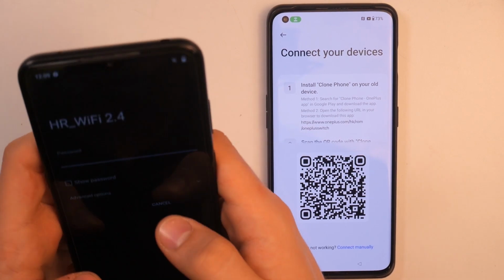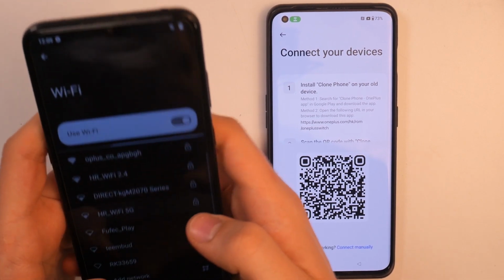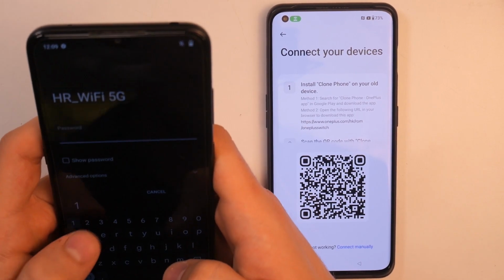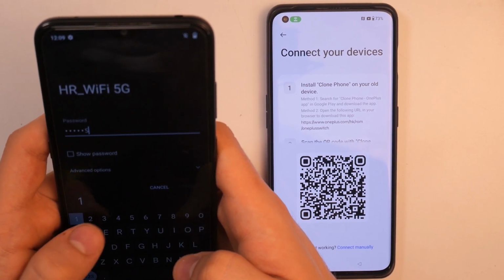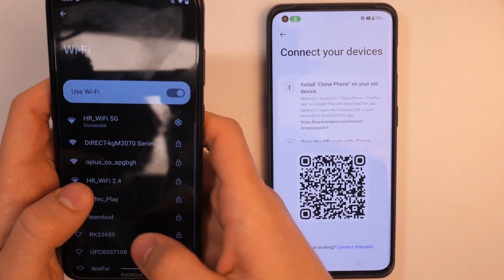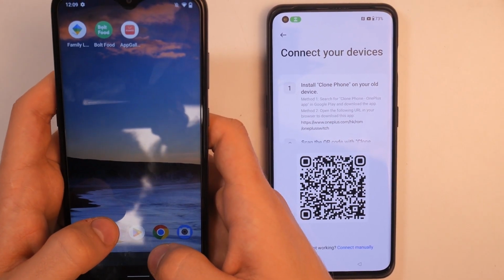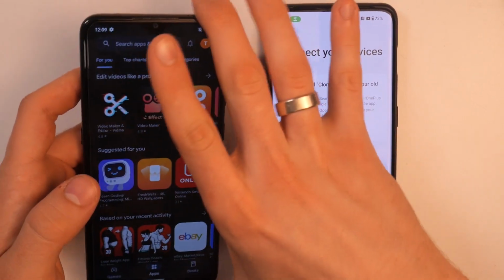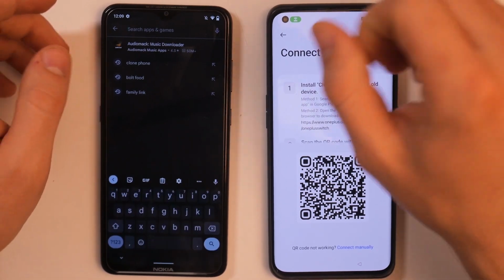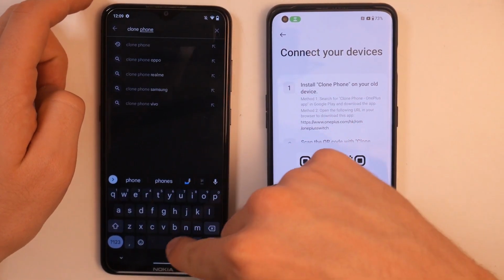Firstly, I need to connect. Maybe it will be better if I connect to the same Wi-Fi network. So, connect. Connected, great. Now, just open the Play Store on your other Android device and find Clone Phone, but not